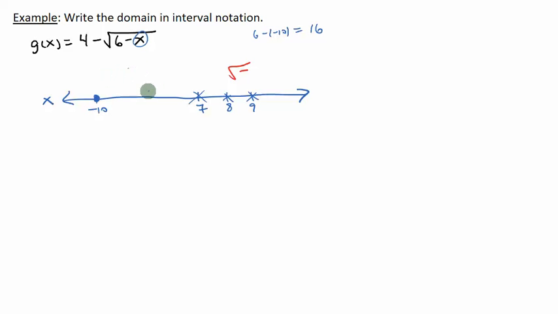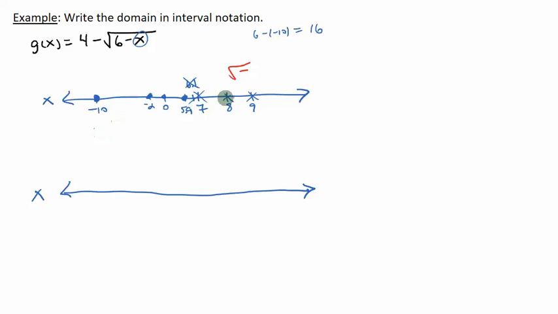Can x be negative 2? Well, 6 minus negative 2 is 6 plus 2, which is 8. That's also positive. I can take a square root of a positive. What about 0? 6 minus 0 is positive. What about 5.9? 6 minus 5.9 is positive. What about 6.1? Well, 6 minus 6.1 is negative, so I can't do that. So you can see the left side of my number line, those numbers seem to be shaded, and the right side does not. So let's look at this